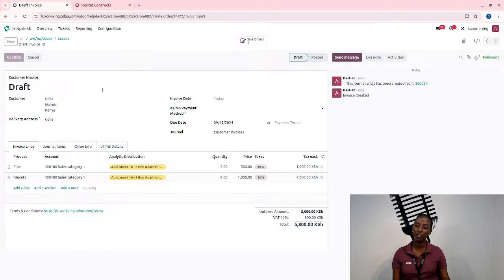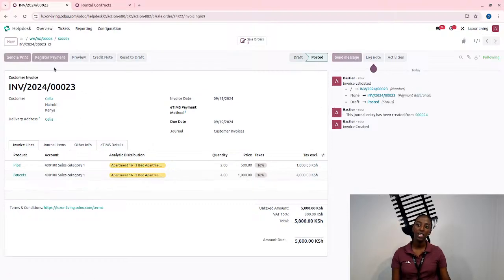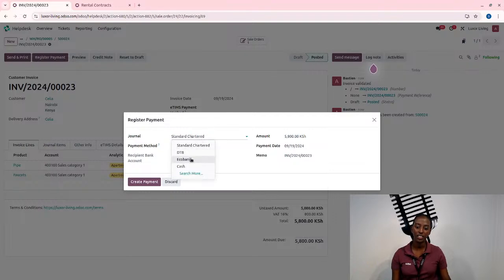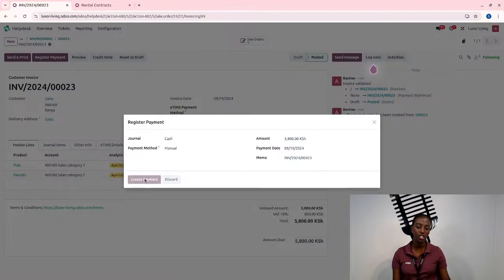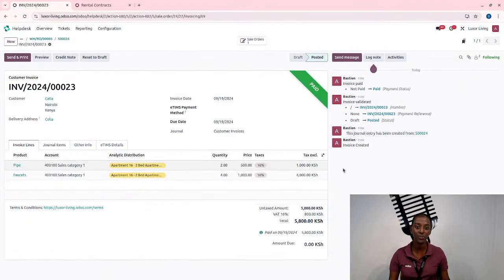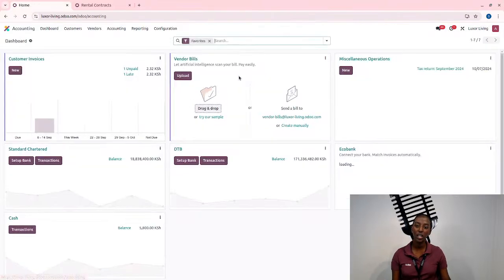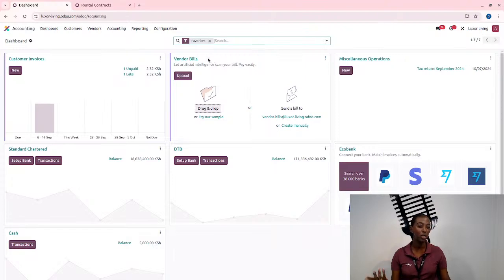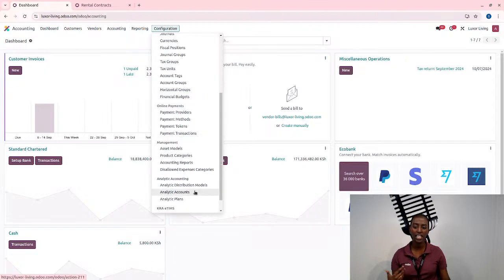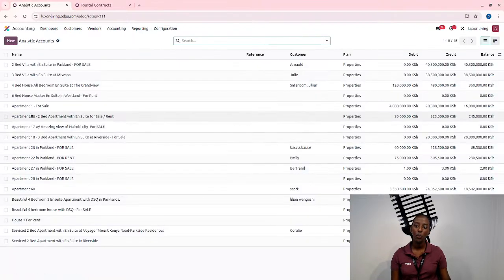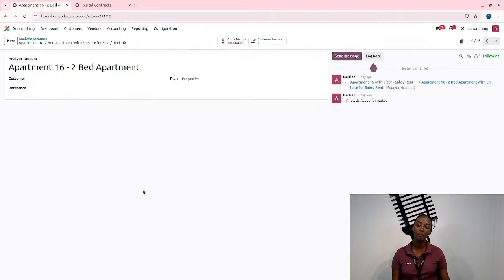Okay, and then we're going to also confirm this one. And now we can finally register the payment, saying that this time around she paid using maybe some cash actually. She paid using cash, and we can go ahead and save this one. And you can see that now this has been created. And if we go now to our accounting and check how much we've made with this specific apartment, and we go to configuration, let's say in the analytical account, we can see that for this specific apartment 16, we've made a gross margin of